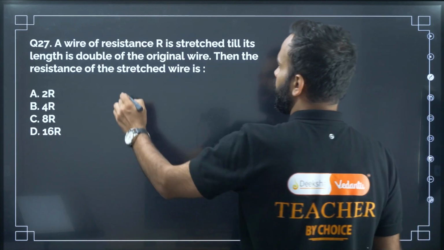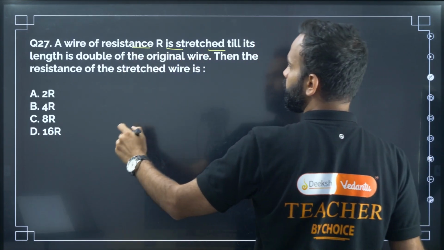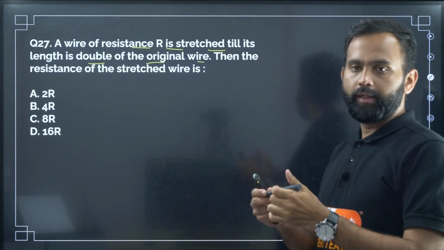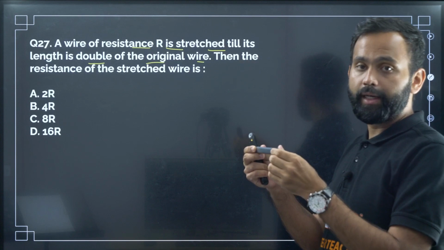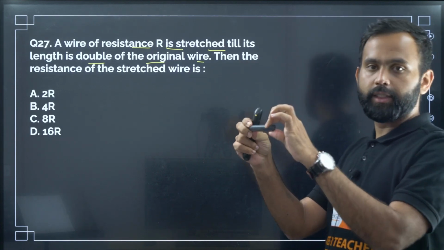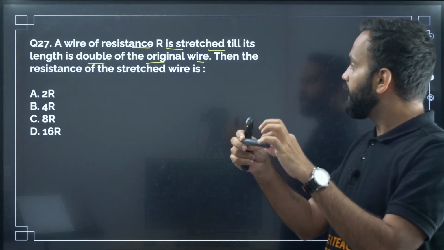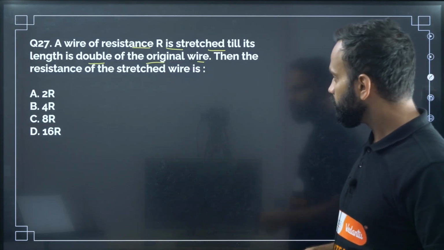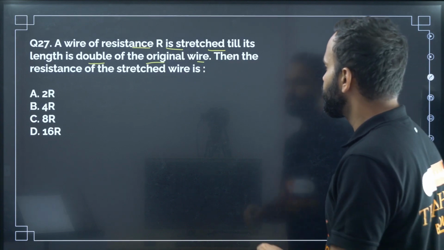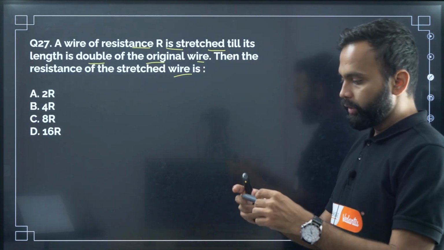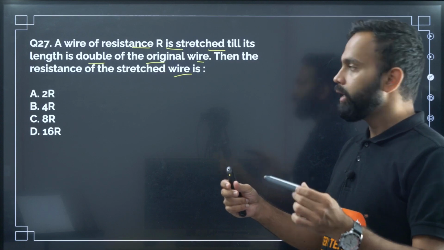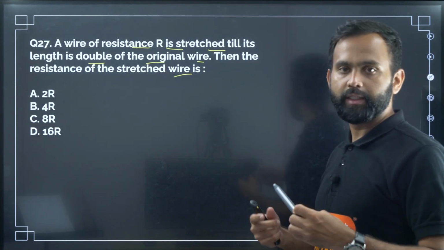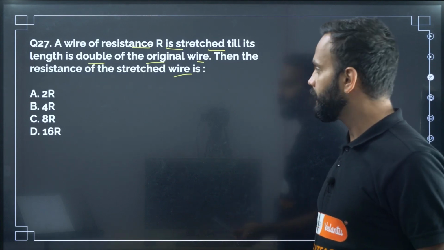Question number 27. A wire of resistance R is stretched till its length is doubled of the original wire. Then the resistance of the stretched wire is? We have stretched this wire, but the volume of the wire remains the same, right? The volume of the original shape of the wire is the same as the volume of the new shape of the wire, right? So therefore